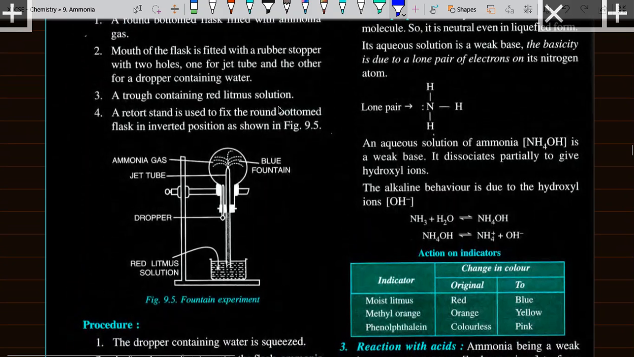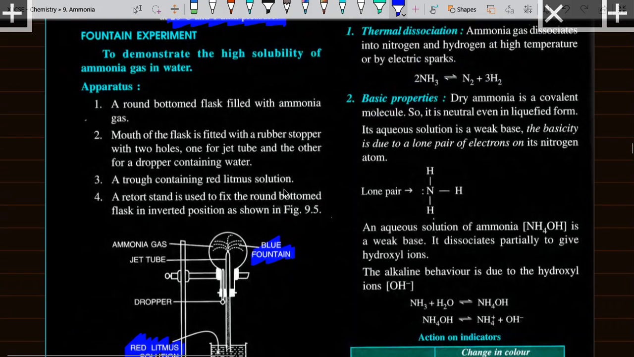To show that it is highly soluble in water and it is alkaline in nature. So we take red litmus solution, not blue. And we see a blue color fountain, not red. So few drops go up, most of the ammonia gets dissolved, creates a less pressure. Atmospheric pressure pushes the red litmus solution through the jet tube or the pipette into the round bottom flask, creating a fountain, which you can see in hundreds of YouTube videos. कभी डाल के देखो, समझेगा तुम्हें, फाउंटेन एक्सपेरिमेंट।